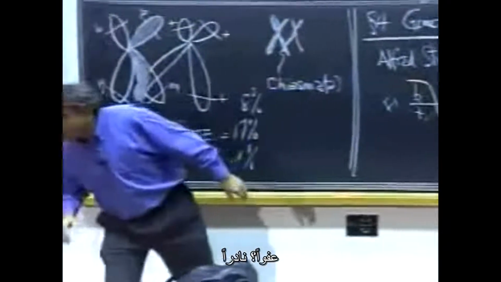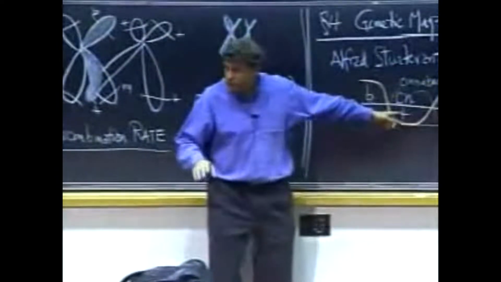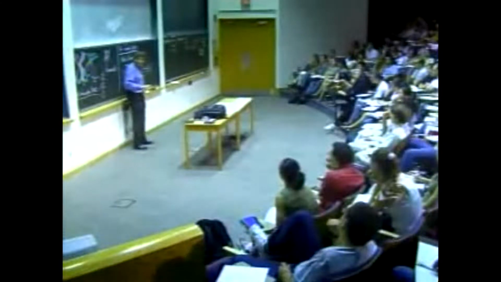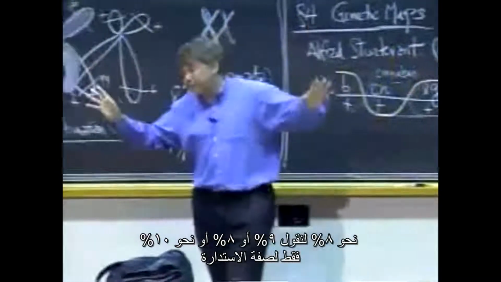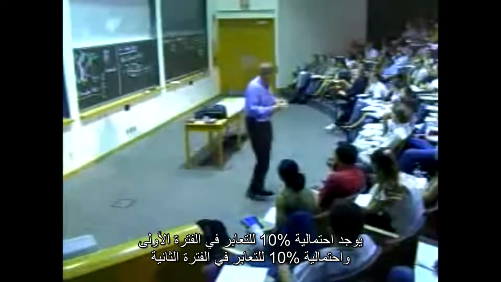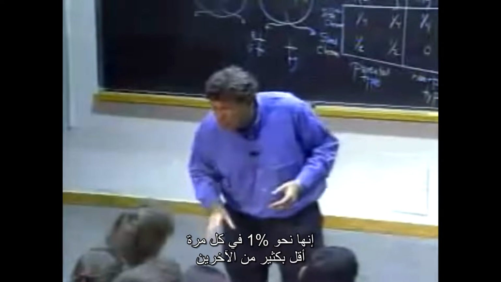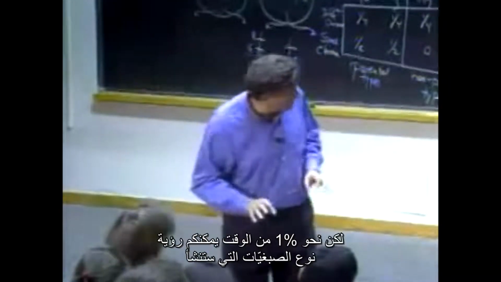Rarely. How rarely? What's the chance of a crossover here? About 9%. Crossover here? About 8%. Let's say 9% and 8% are about 10%, just for roundness. It's about a 10% chance of a crossover in the first interval, about a 10% chance of a crossover in the second interval. It's about 1% of the time, much lower than the others, but about 1% of the time,